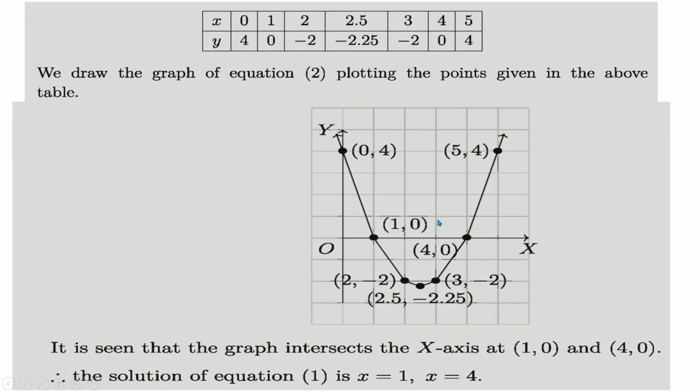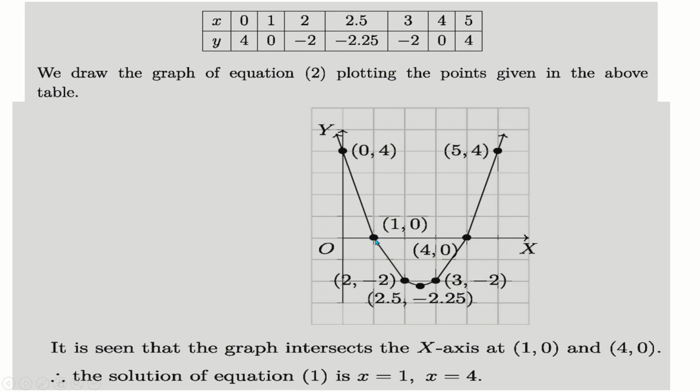This is a graph. Take one small square as 1 unit. When x is equal to 0, here is 0, this is the origin. 0, y is equal to 4 means this point. That means x is equal to 0, so don't move along this side or this side, but move only along the y-axis. That means 1, 2, 3, 4. So this is 0, 4.